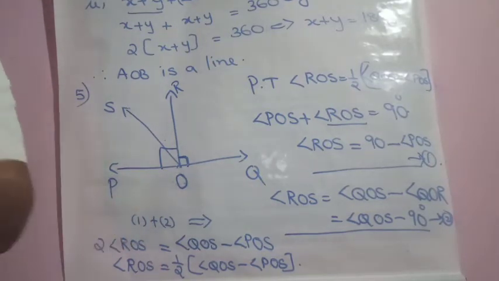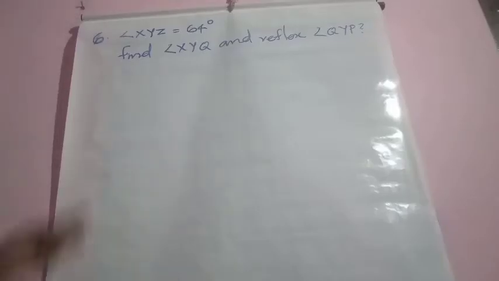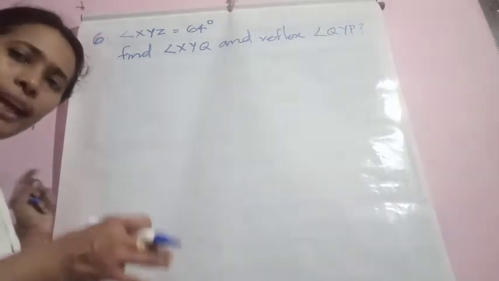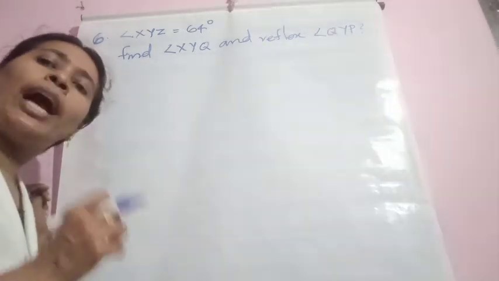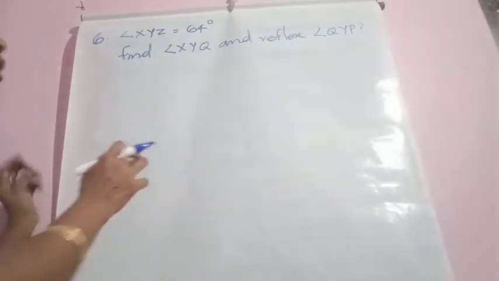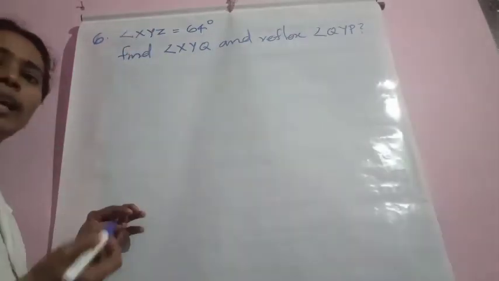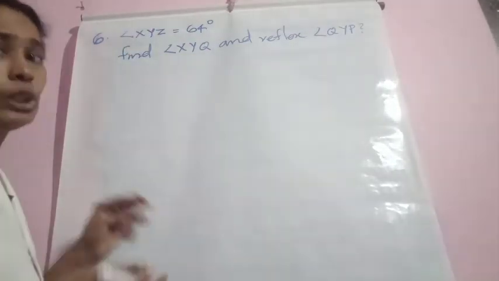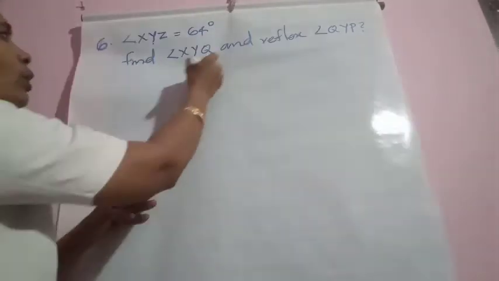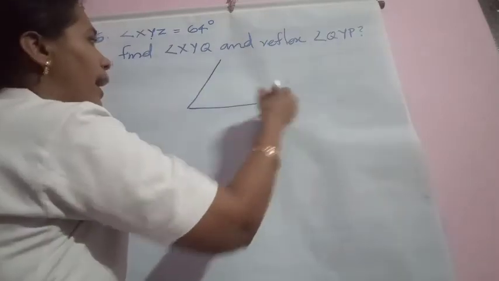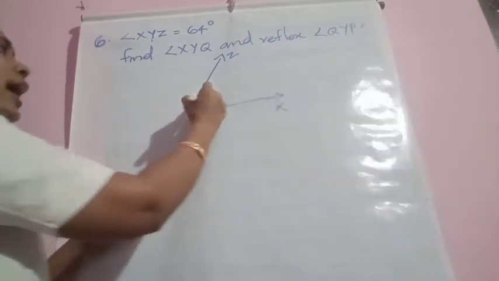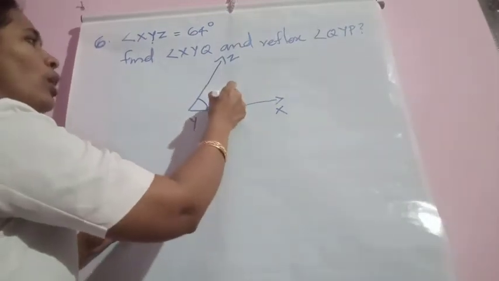Let us move to sixth one, the last one. See, in sixth one, some information is given to us and they told you that according to the information, you have to draw a rough figure yourself. So let us draw the same ourselves. XYZ is an angle given as 64 degree. So all of you understood that Y, the middle one, is called the vertex. So try to draw a small angle XYZ, Y at the vertex. Okay. And it is given to you that 64 degree.